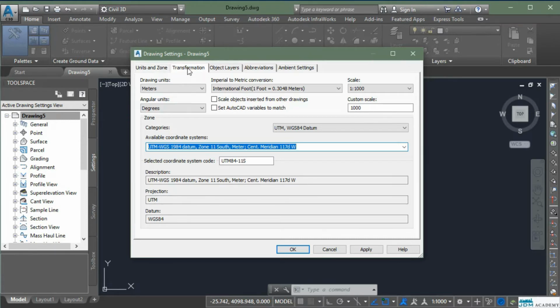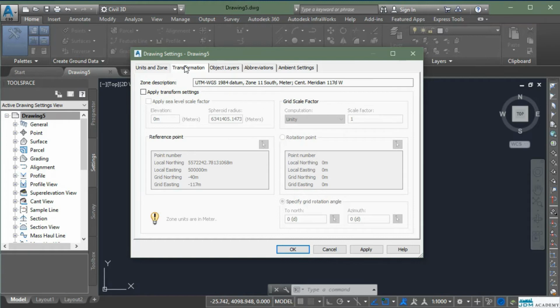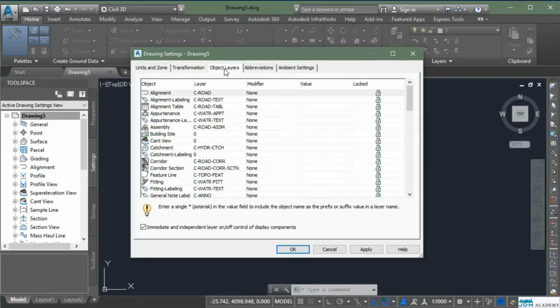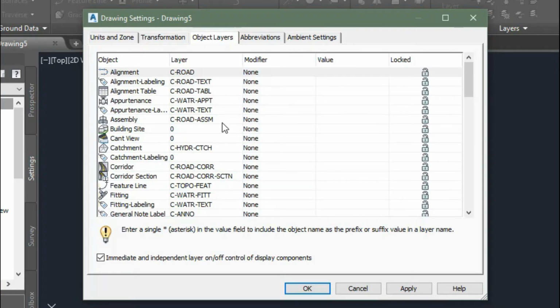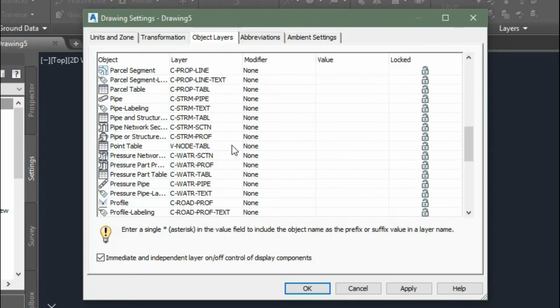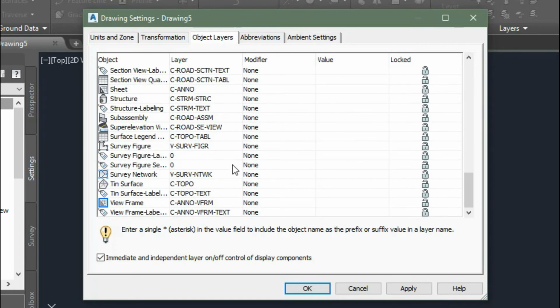In the transformation tab, this tab helps us to coordinate our GPS data with our local grid system. So you would rarely have to work on this tab. All the GPS automatically coordinates the survey data to the local grids, so you don't have to worry about this. Now in the object layers, here you can see a list of all the Civil 3D